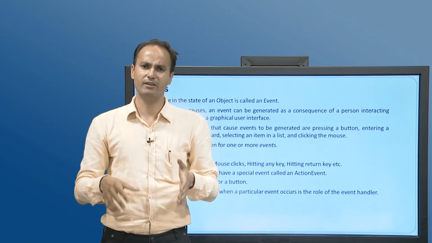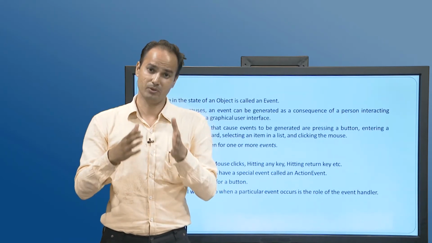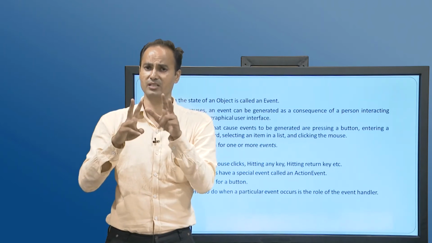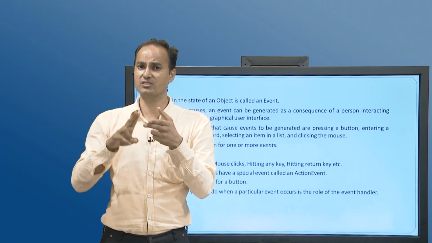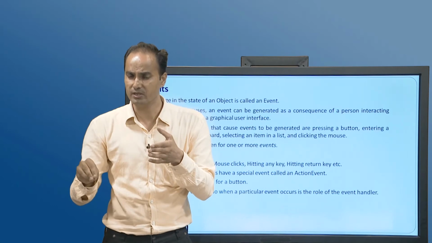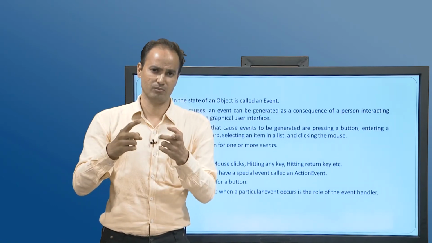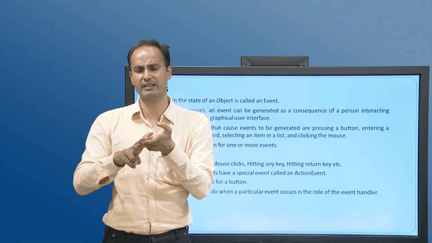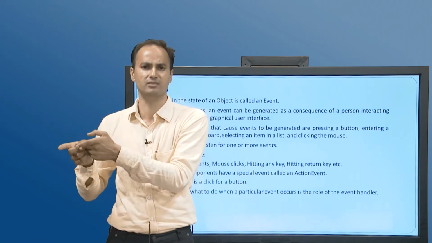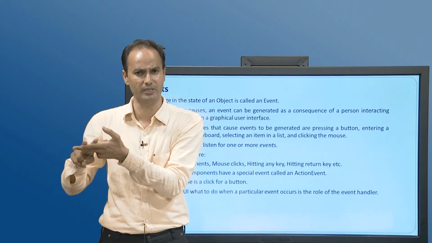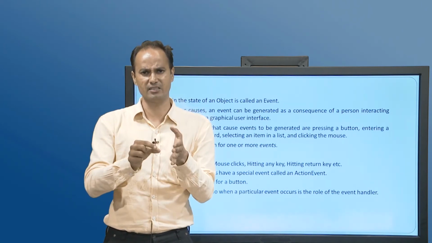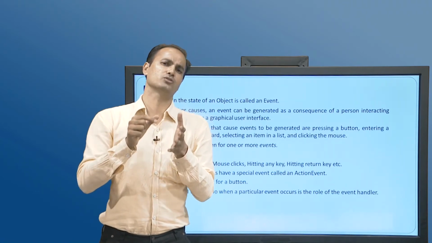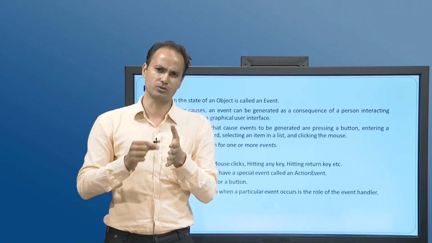For the mouse there is a mouse event, and for the mouse event there are the mouse motion listener and the mouse listener. These are the two most important. When the mouse is dragged and when the mouse is moved, it fires a mouse event, but for handling these two kinds of events, mouse dragged and mouse moved, it is the mouse motion listener which is responsible. While for others, like mouse entered, mouse exited, mouse over, mouse out, there is the mouse listener.